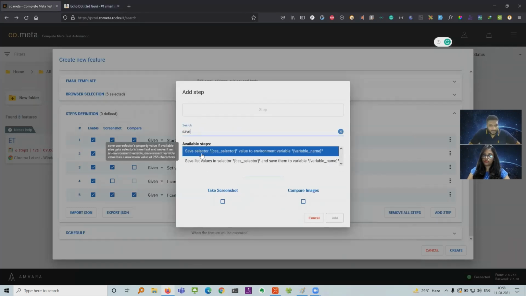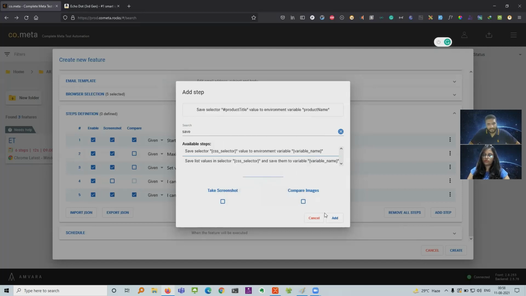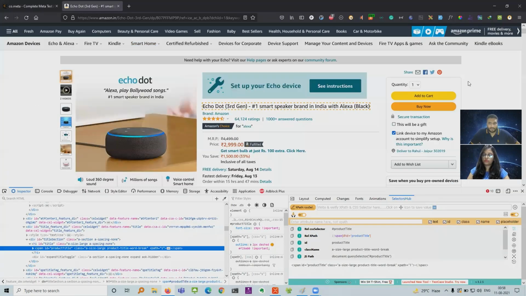So save selector value to an environment variable. So I can save this product title into a variable, let's say product name. Click on OK and take a screenshot, compare image, click on add, and now I want to click on this